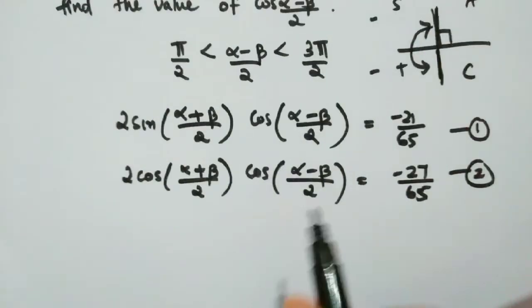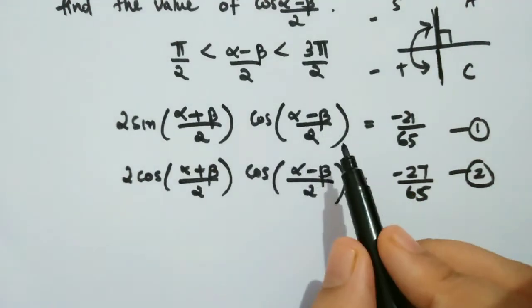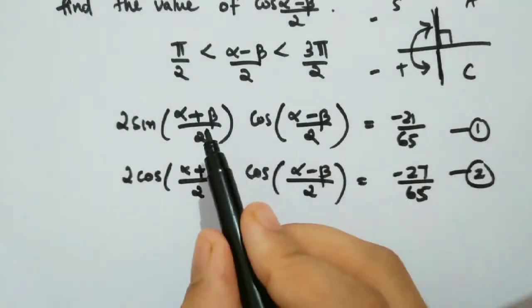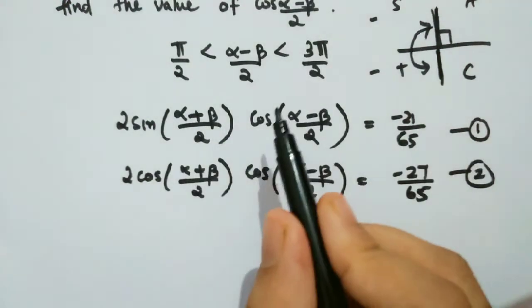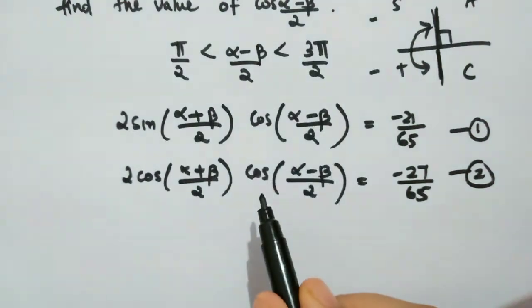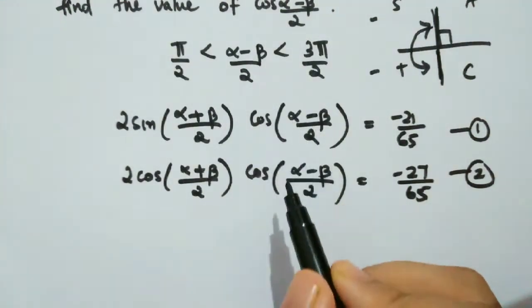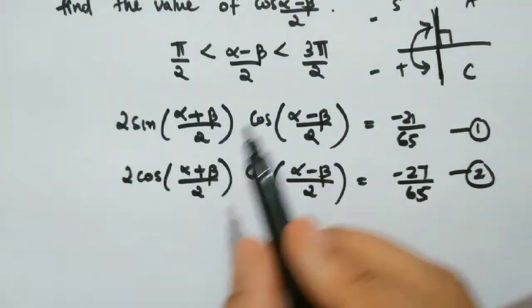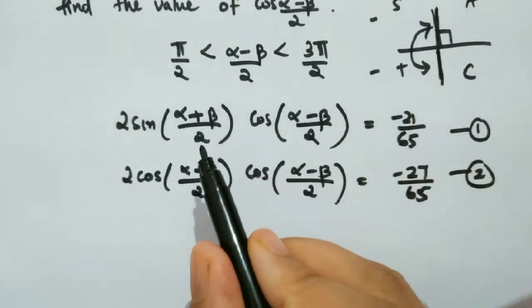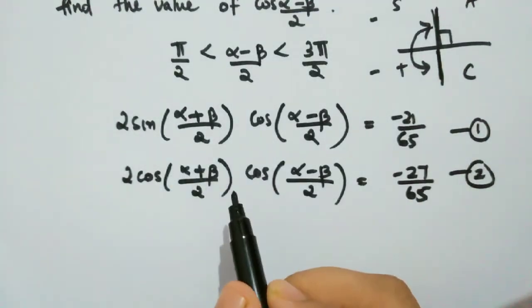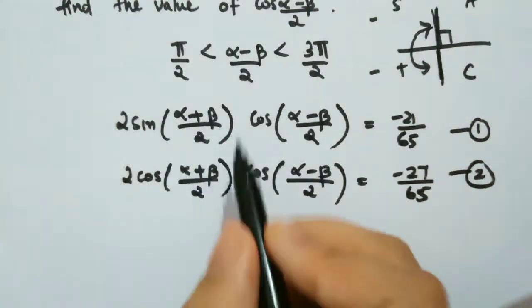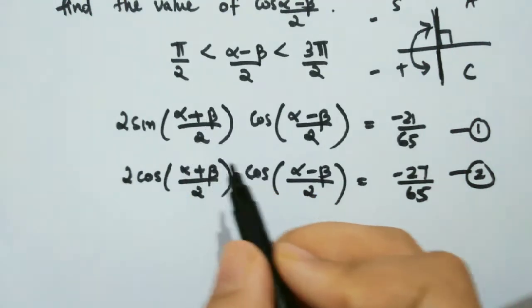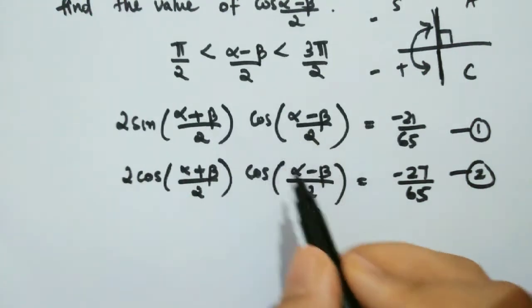From these two equations, we have to derive cos((alpha − beta)/2). This can be derived if you just look at these two equations. Here we have a sin term, a cos term; here also the same cos((x−y)/2) term is there. So if we square these two equations, a sin square term will come, a cos square term will come, and if we add these two equations, sin square x + cos square x is equal to 1. So we will be able to get away with this variable, (alpha + beta)/2, which is not known to us, and we will get our answer in this form.